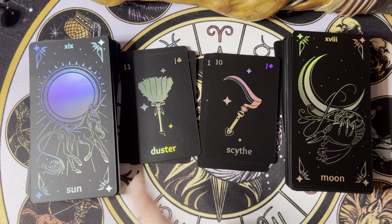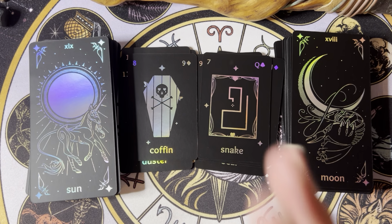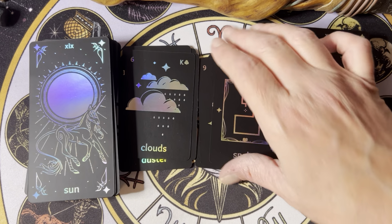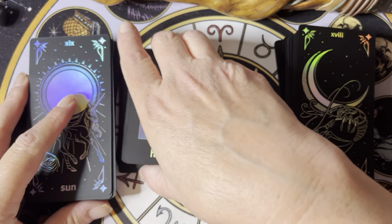Can we appreciate that? Fabulous. This is such a great deck, and it's so clever, and I love it. And how gorgeous is it with this, right? I mean, it's perfect. Now, if you want a little contrast, let me show you